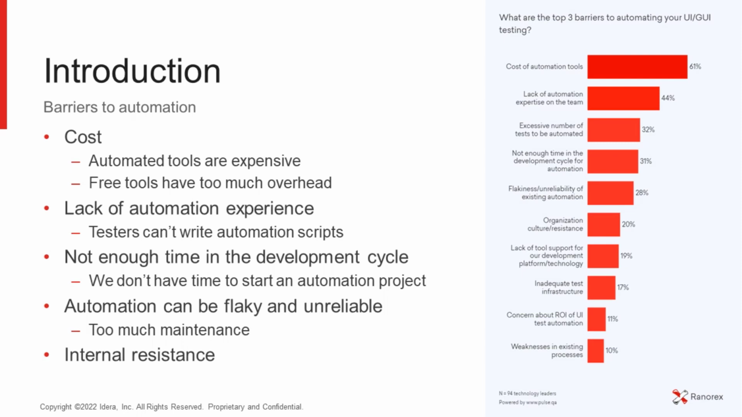The next barrier on this list, with about 30% of our survey respondents indicating it is a problem, is there's not enough time in the development cycle. Either you don't have enough time to start an automation project, or you don't want to slow down your delivery speed. And I mentioned this earlier where